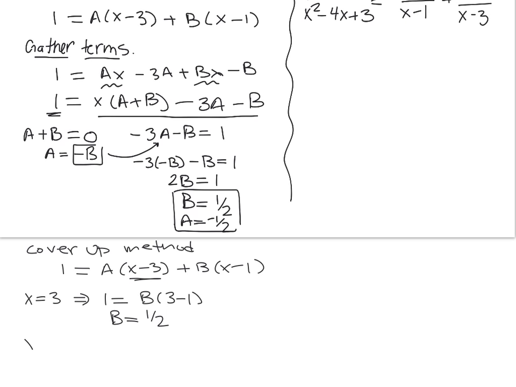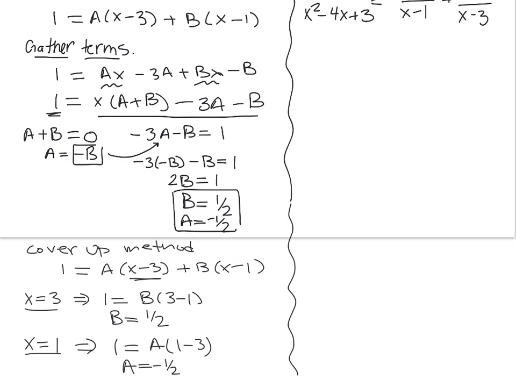You also could, to get the b to go away, plug in x equals 1, and that gives you 1 equals a times (1 minus 3), which is negative 2, and you get a equals negative 1/2, just like above. Now the kicker is that if you have an x to plug in, it has to go everywhere that there is an x. So if there's an x on the left side, it has to go there as well. Now most of the work in these problems is the algebra of figuring out those coefficients, because the integration is